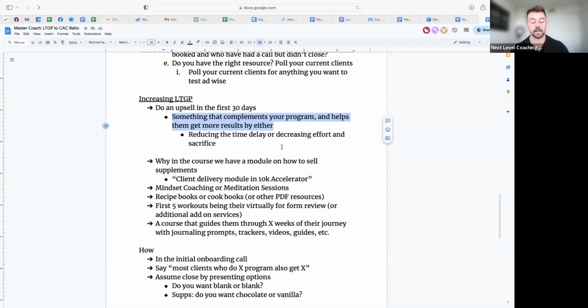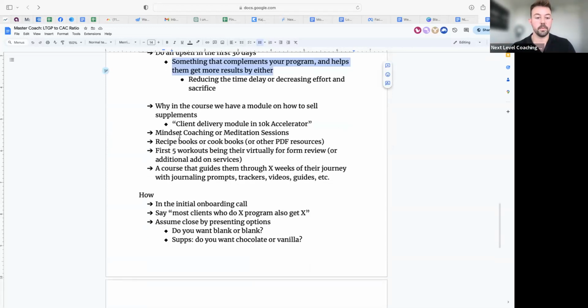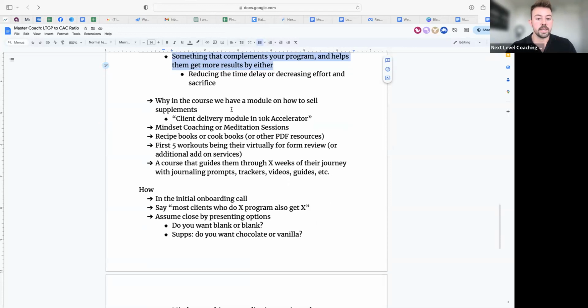It's buying back their time to make things easier and more convenient for them. All right, so those are the two different ways that we can improve results. We can either reduce the time it takes to get results by providing a higher or better service, or we could take things off their plate by making it more done for you. All right, so let's dig a little bit deeper.